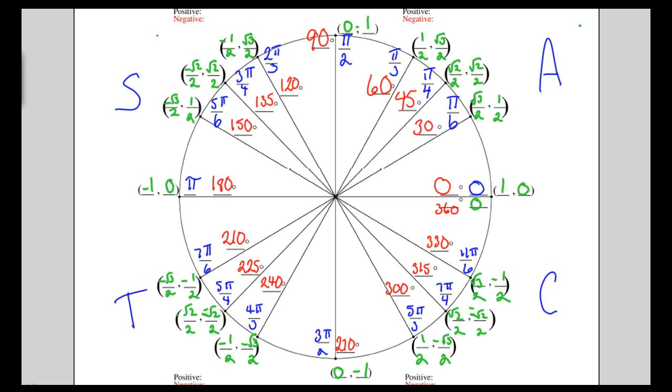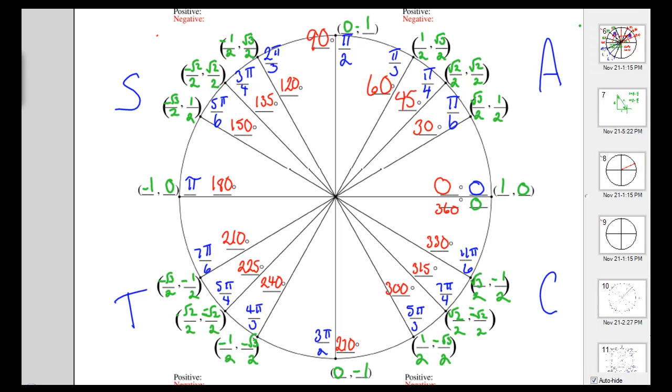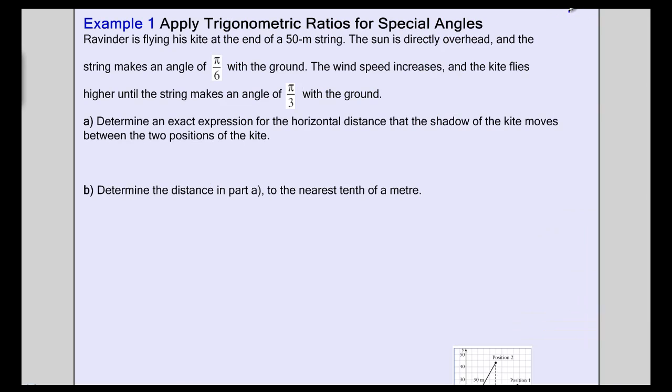And we're going to take a look at some questions right now that involve the unit circle. So let's look at this word problem. It says Ravinder is flying his kite at the end of a 50-meter string. The sun is directly overhead. The string makes an angle of pi over 6 with the ground. As the wind speed increases, the kite flies higher until the string makes a steeper angle of pi over 3 with the ground. Determine an exact